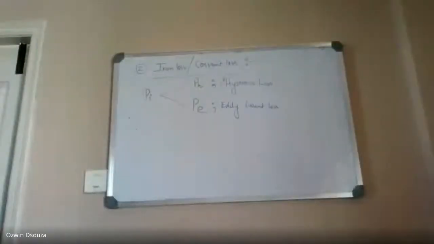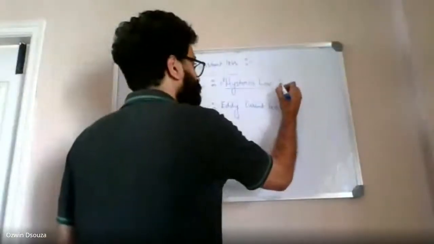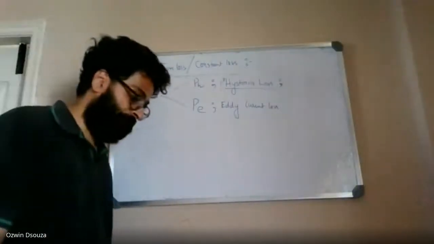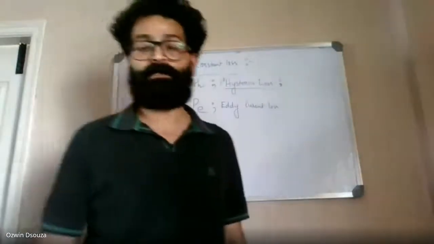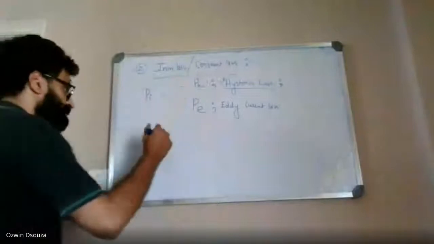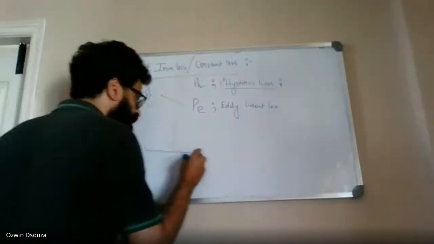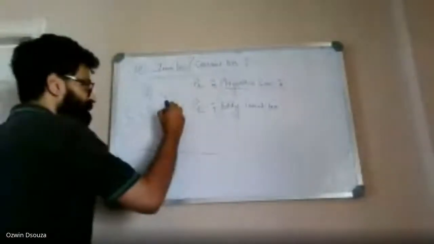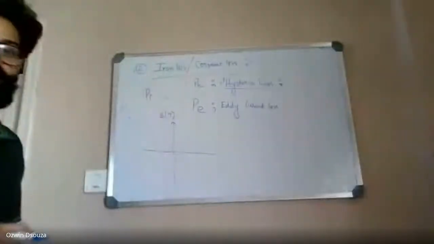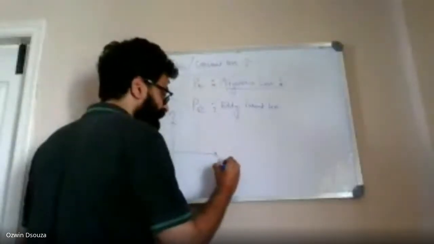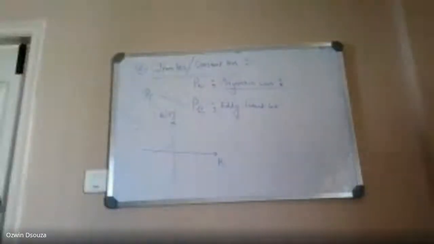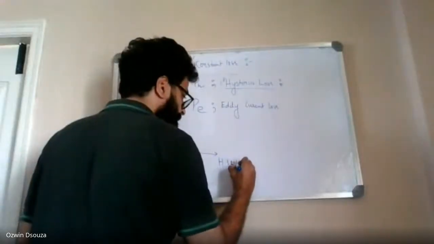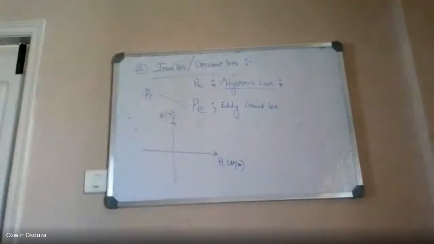First, let us look at the hysteresis loss. This hysteresis loss is due to the magnetization and demagnetization of transformer core. So hysteresis loss can be well explained using BH curve. Let's say B is the flux density expressed in Tesla, and field intensity H is ampere turns per meter, taken along the H axis.